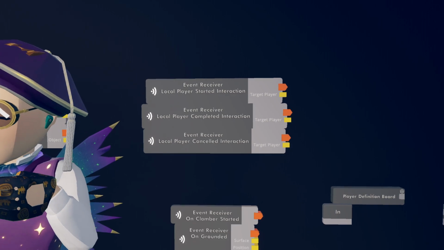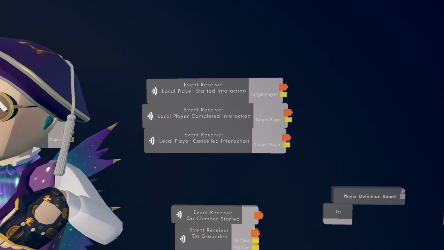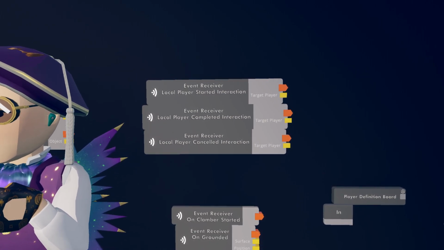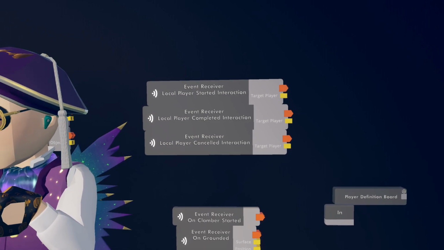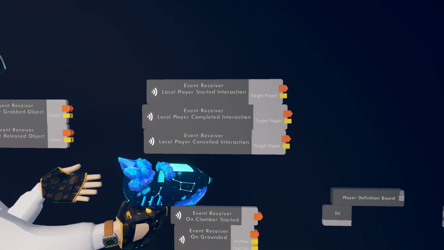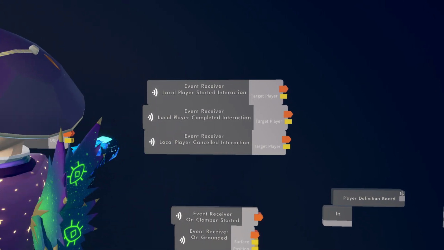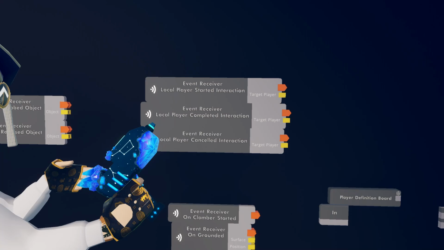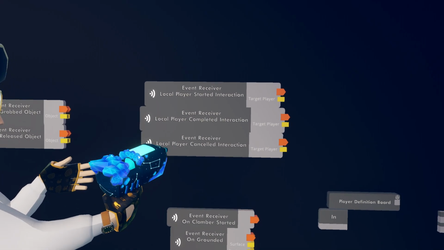I'm pretty sure they're called local player set interaction. And no, I'm not going to guess. Let me just find it. Oh, it's enable and disable. So here we have, is that in something? Yeah, do man stop editing the board.